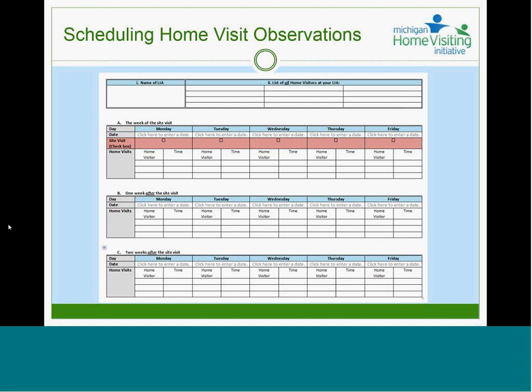This form has a process that goes along with it, and that's in your binder under tab 7. That's sort of just one way that can happen. So I want to have a conversation about what would work best for you in terms of